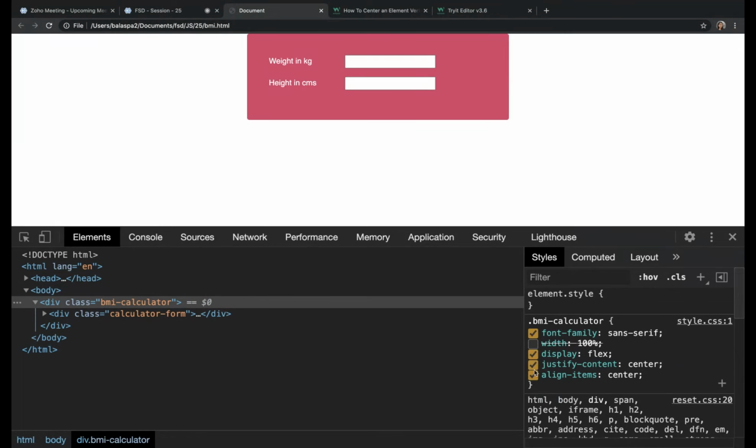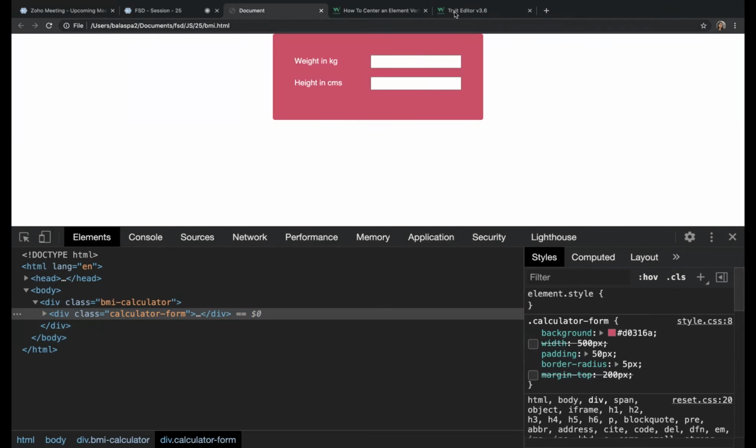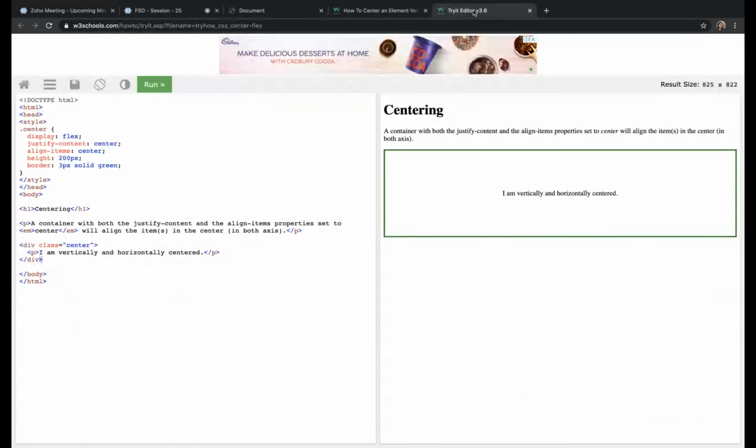Display text, justify align content, justify content center, align item center. Right. Let's do.